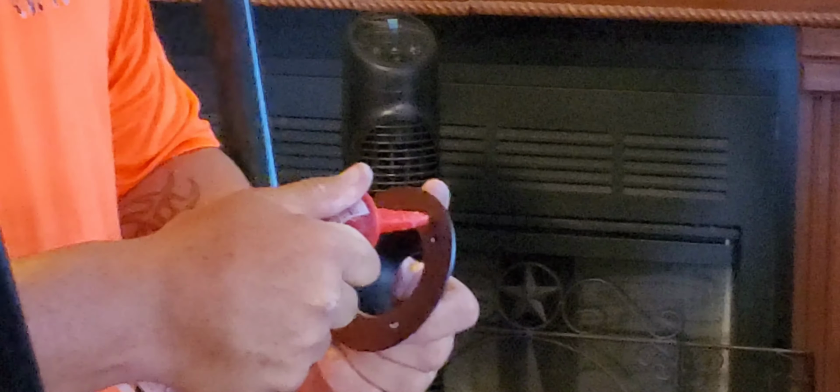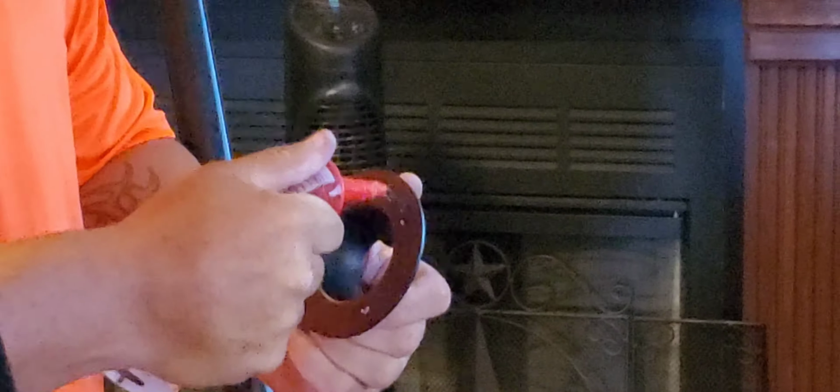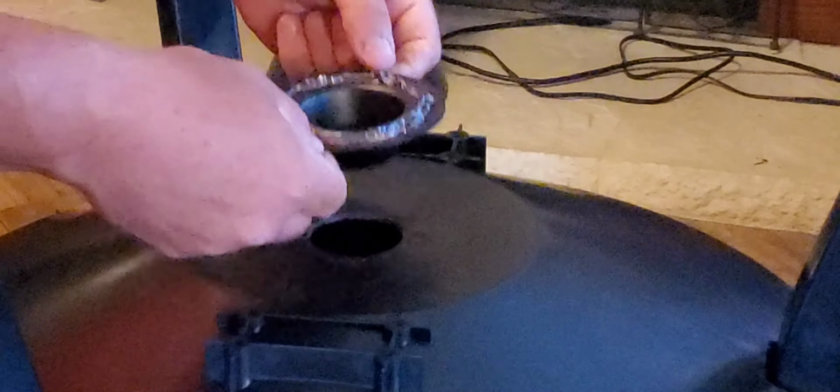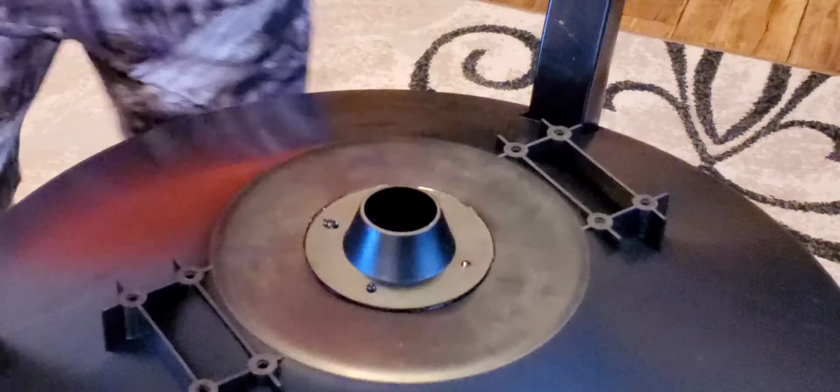All right, so we got it flipped over. Now we're going to start the little funnel here. I'm going to go ahead and put it on here just to help seal. What I should have done is I should have flipped it over first, lined it up, then put the sealant on. But anyway,